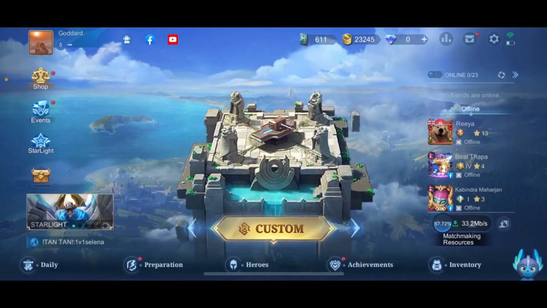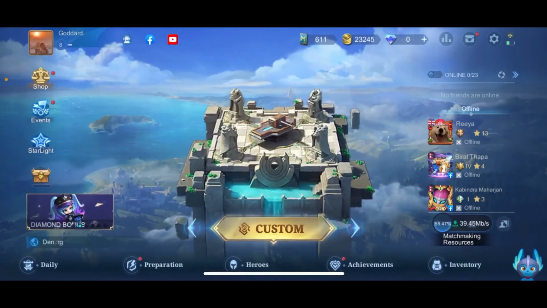First of all, open up the Mobile Legends game on your device. And if you are playing for the first time, you will be asked to complete the basic tutorial levels. After you complete these levels, you will gain access to the main menu, from which if you wish to turn